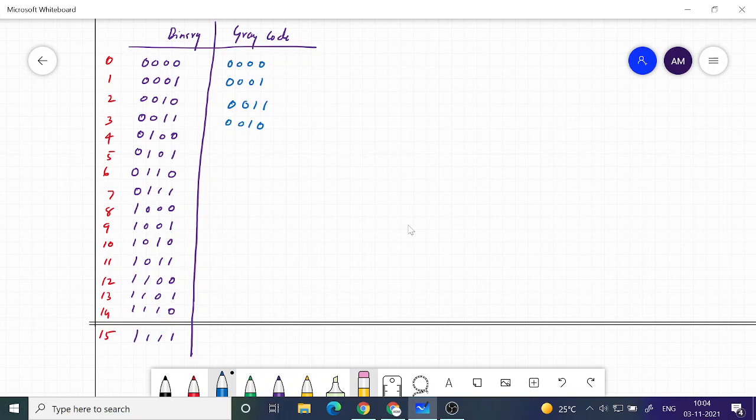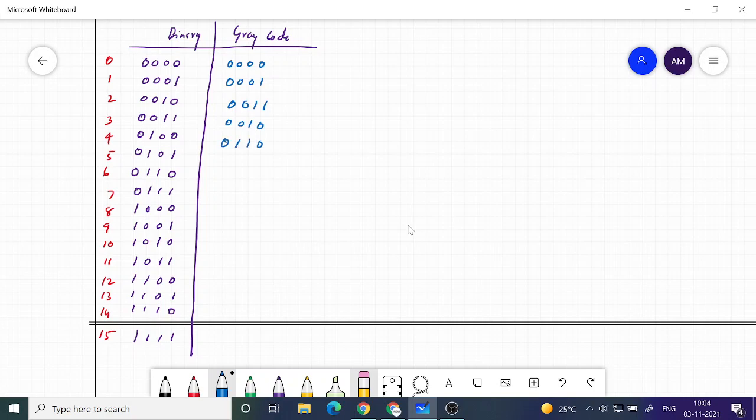Now we are going from 3 to 4. Again I am allowed to change only 1 bit. If I change the LSB, I get the previous code, so I am not allowed to do that. If I change the next bit, I will go back to 0 0 0 0, which also I am not allowed to do. So then the only possibility is that I try and change the third bit. So that will be 0 1 1 0.